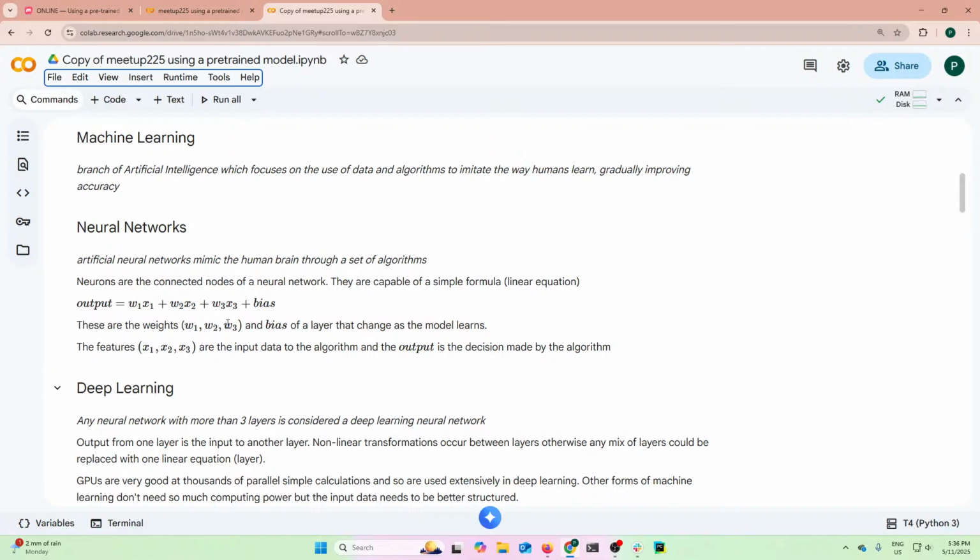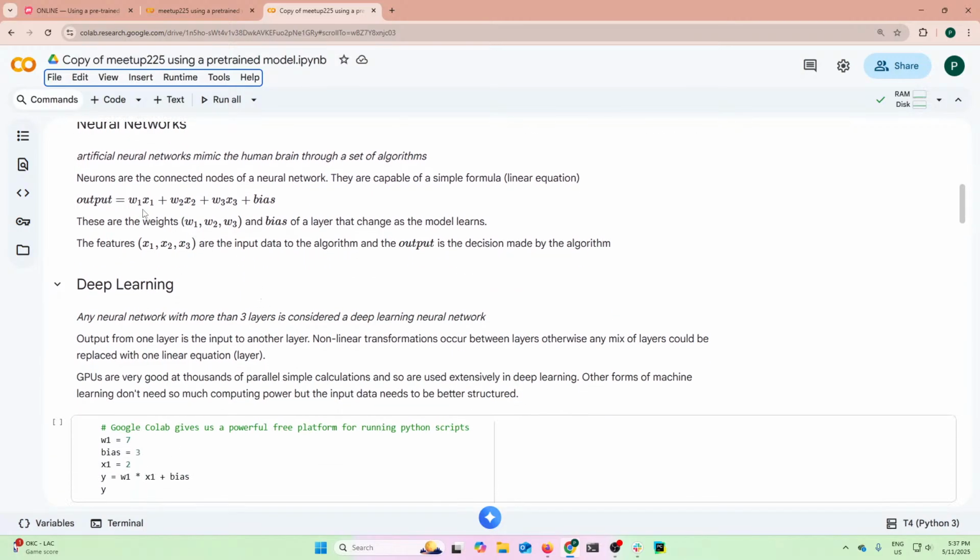So using training data, you can guess some values for the weights and the bias and see how close it got, and then you try changing the weights and the biases and just keep changing them until you get closer to what the reality is. And that's the way that the algorithm can learn, and it just gets these better weights and biases to give a more accurate answer. So deep learning is when you've got more than 3 layers in a neural network, and